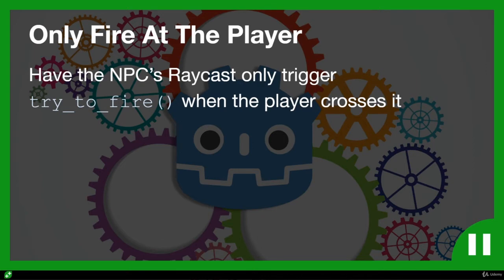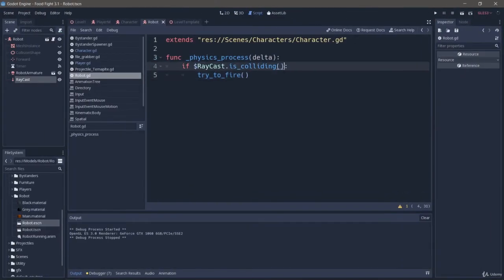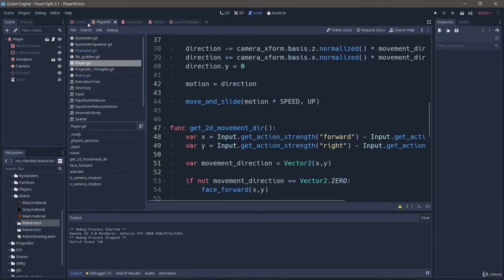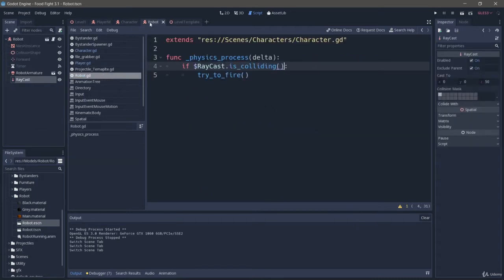And welcome back. Okay, two things we could do here. One, we could use the name of the collider, or the name of the thing it's colliding, right? So we could access the function get collider and get the name and all the rest of it. That's going to be tricky because right now we're using player as player M, but we might change that later. I don't really want to tie that down. I'd rather use collision layers, but collision layers is going to take a little bit more work. So there's a balancing act here, but I'm going to be using collision layers, which means I need to set